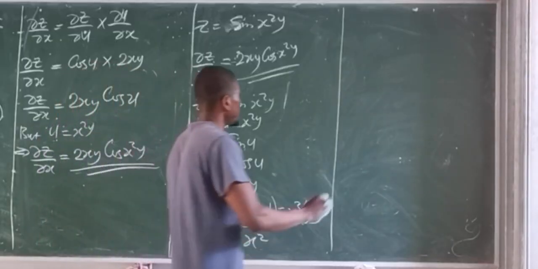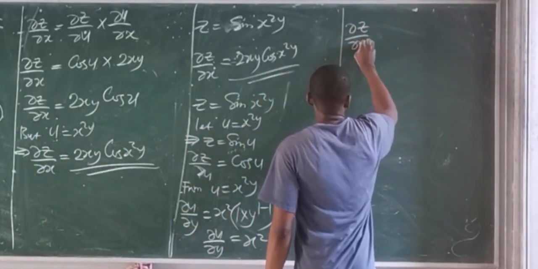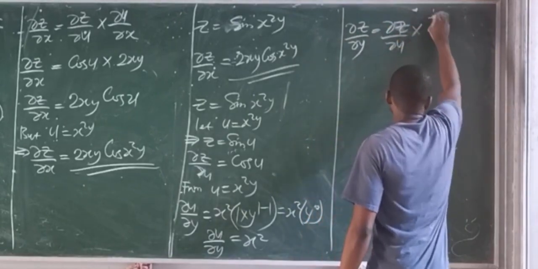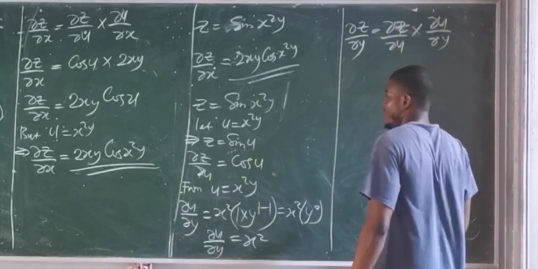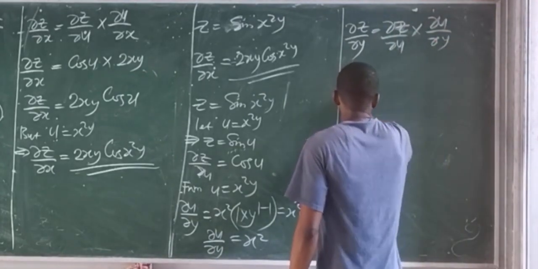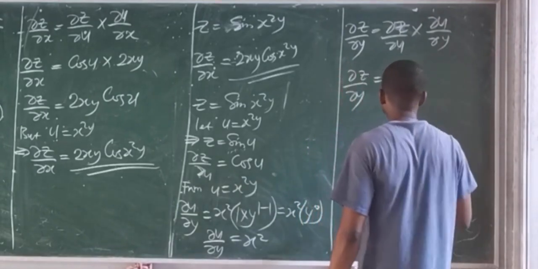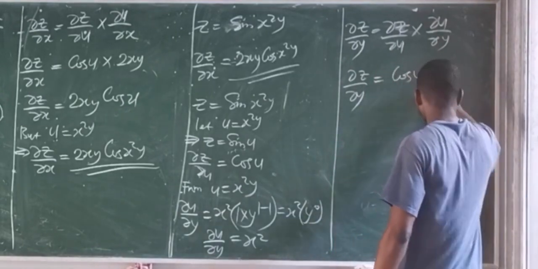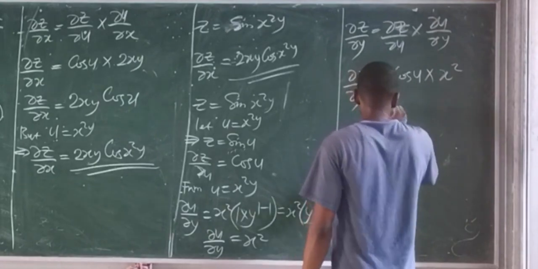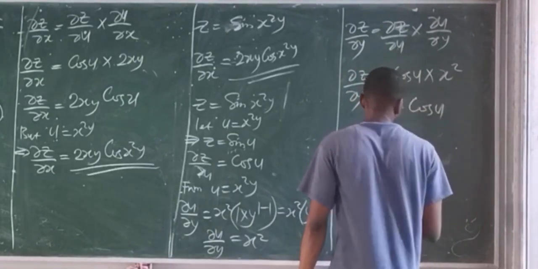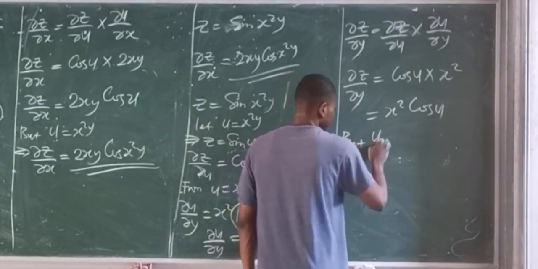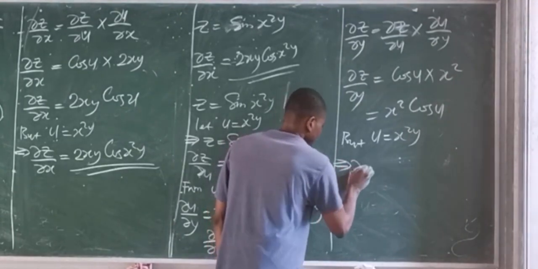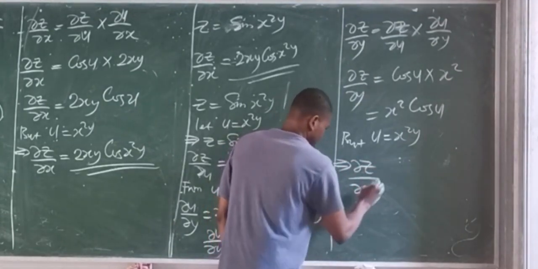Then partial z, partial y is simply partial z, partial u times partial u, partial y. So partial z, partial y is equal to cos u times x squared. So this is simply x squared cos u. But remember that u is simply x squared y. So that simply implies that partial z, partial y is simply